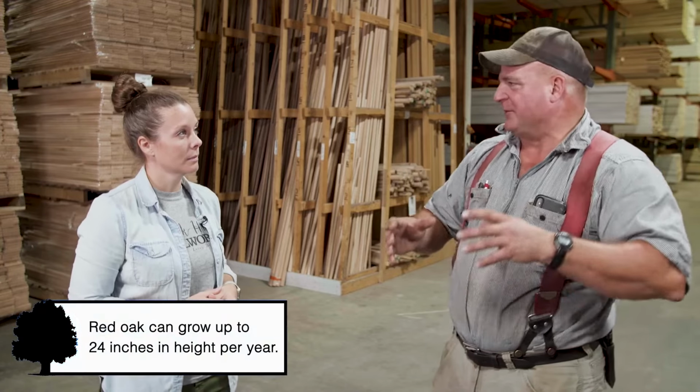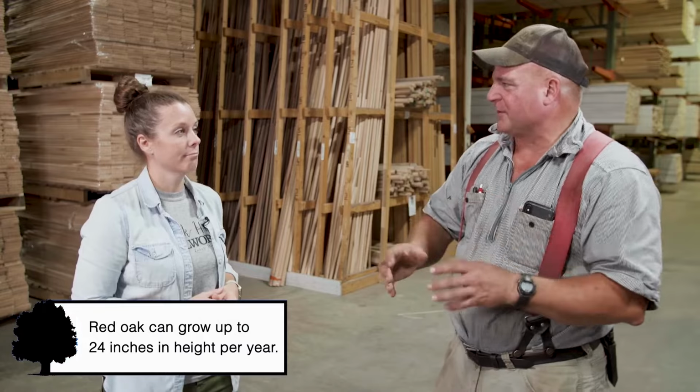But I want to talk to you a little bit more about red oak. What can you tell me? Red oak is kind of the old stable in the hardwoods, to where for a lot of years it was our most popular species we sold. But it's still just a very nice hardwood that gives you the grain appearance. It's just